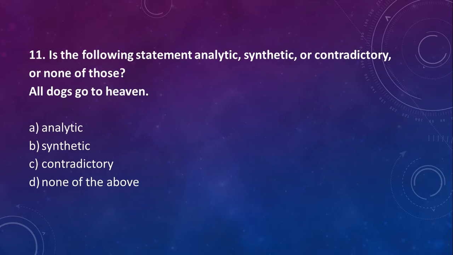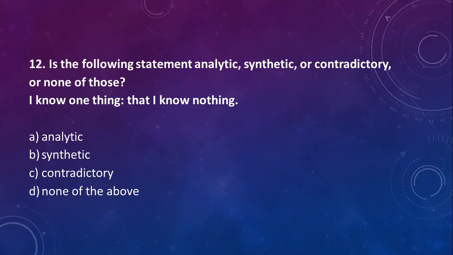Okay. So instead of getting way into this, let's move on, shall we? All right. So is the following statement analytic, synthetic, contradictory, or none of those? I know one thing. That I know nothing. Contradictory. I said contradictory. Take that, Plato. Socrates. It was Socrates that was supposed to have said this. Plato wrote it down afterwards. Right. I think it's fairly clearly contradictory. If you say that you know one thing and that that's nothing, then